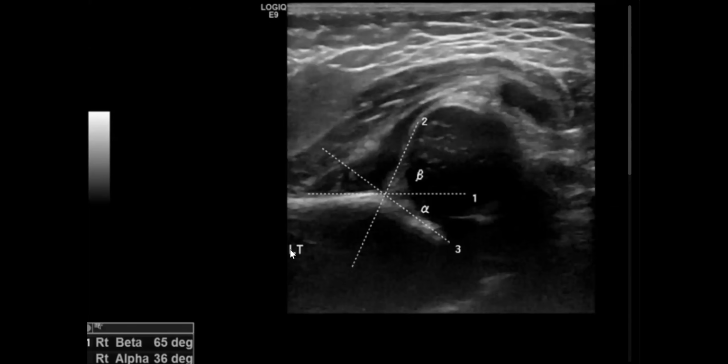And now this is the left side. On the left side, I can see that there is shortening of the beta angle and widening of the alpha angle. So it represents there is